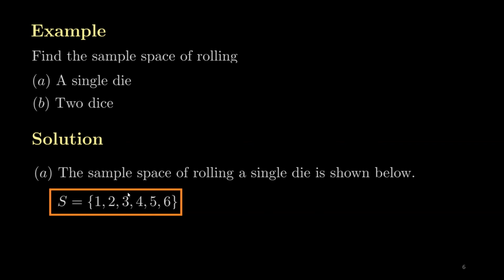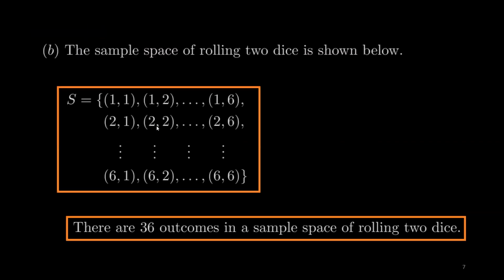So if we enclose all the possible outcomes of rolling a single die in a set, then that set is called a sample space. So this is the sample space of rolling a single die. Now, what about rolling a pair of dice? Now, this is tricky, and it has 36 outcomes. If you see, there are 36 outcomes in a sample space of rolling 2 dice at once, or rolling a